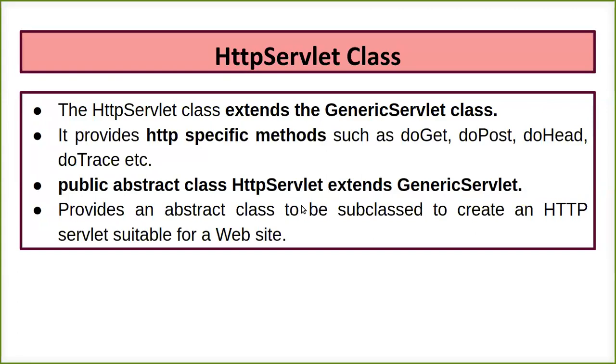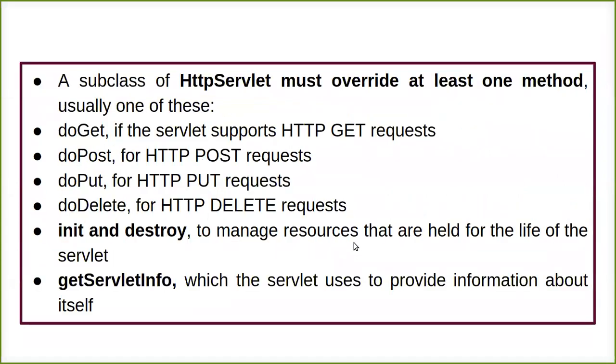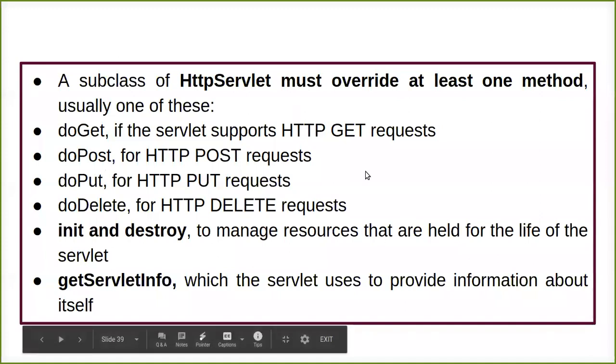You cannot have the direct implementation, so you just have to create an abstract class and create the implementation in the main class. Now, when we talk about the HTTP servlet class, I told you that it works like this abstract class which has to be overridden in your main class. It has a number of methods available, but at least one method you have to override in your main class or user defined class. While doing the practical, you will see that in some way you are going to use either the doGet method or the doPost method in your main class. This has to be there because your servlet is working for your web server.